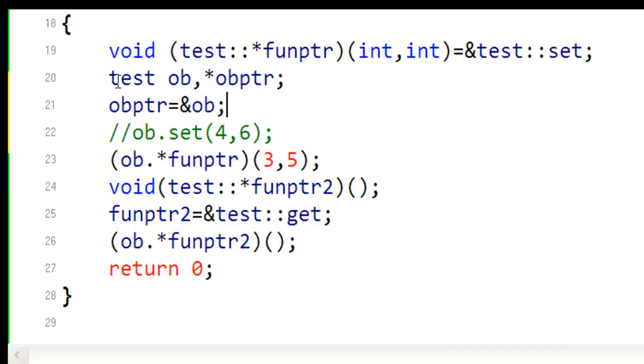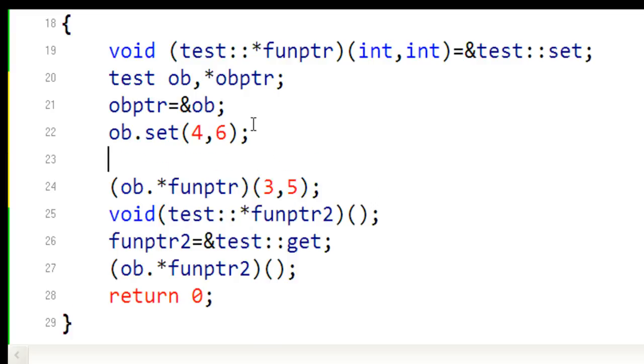So we can access the test and its member functions or data types using obptr by using the arrow operator, because obptr is now the pointer. Like here I'm saying ob dot. If I'm using obptr now, I have to say obptr arrow asterisk fun ptr second. Like for example here I have done 4 and 6, then after that I am saying it somewhere here, obptr arrow asterisk